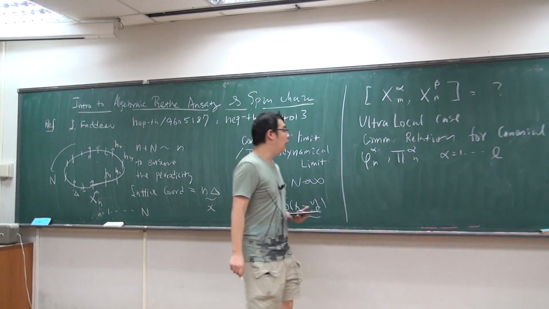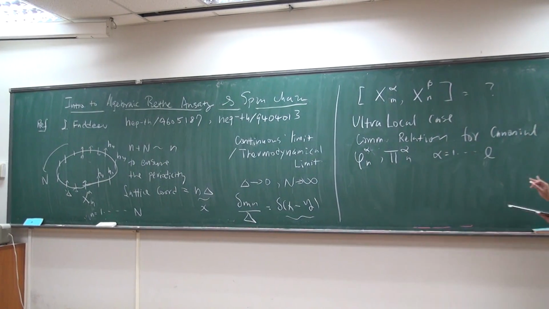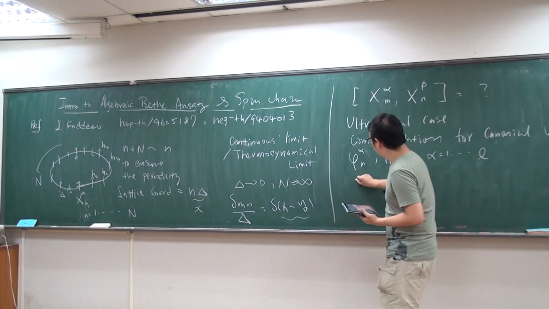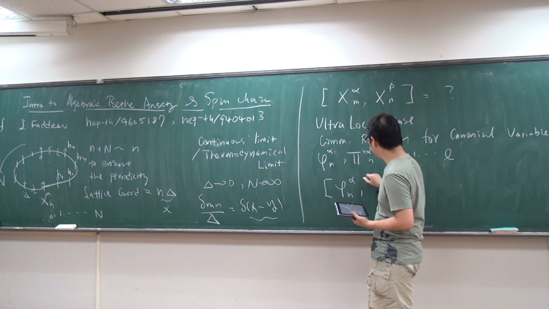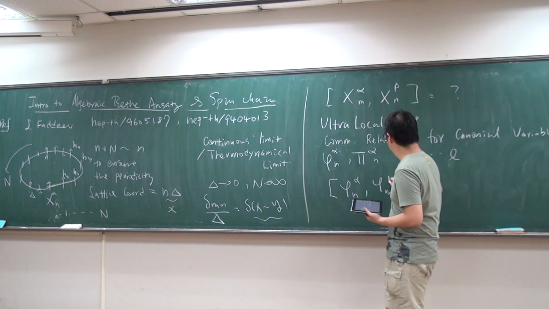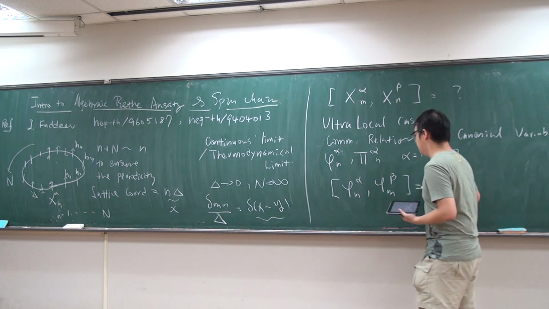For those of you, okay, we'll get to that. I will get to that. So the commutation relation between them is simply given by zero,